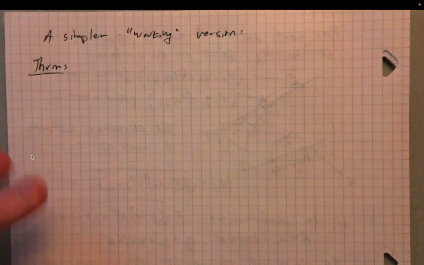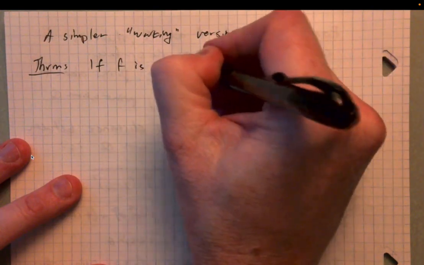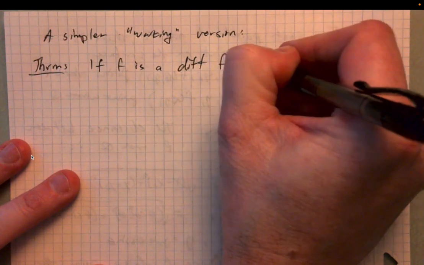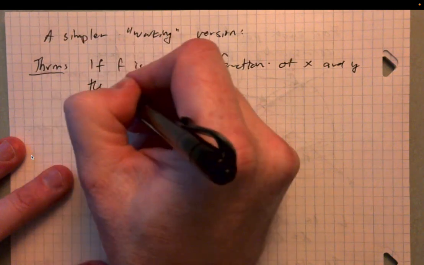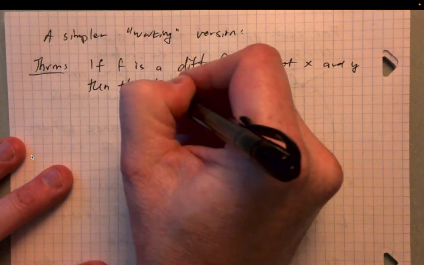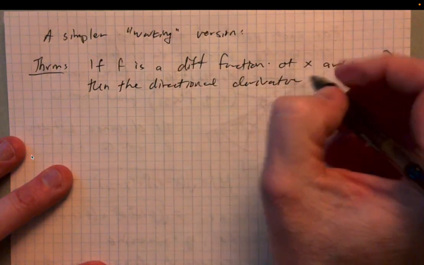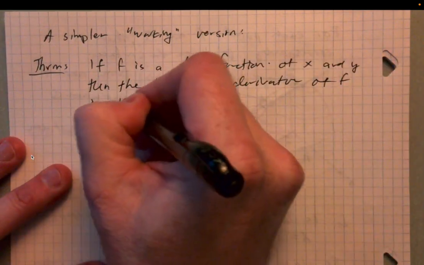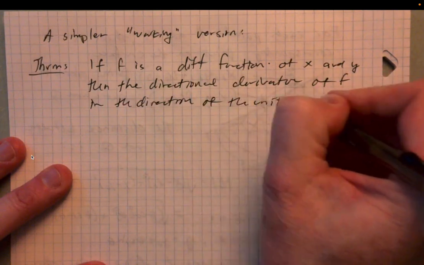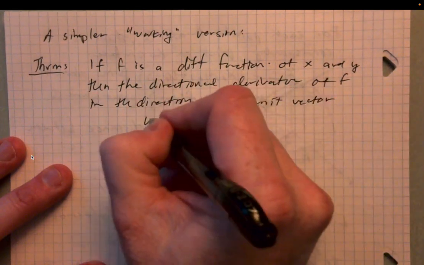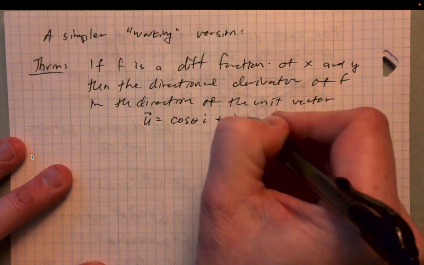All right, so here we'll say if f is a differentiable function of x and y, then the directional derivative of f in the direction of the unit vector u equals cos theta i plus sine theta j is,